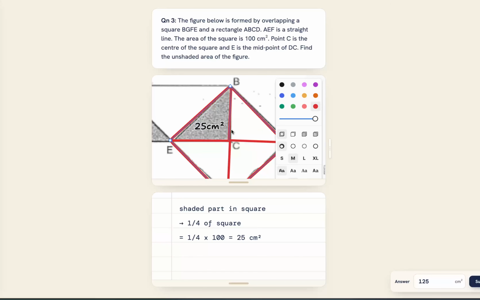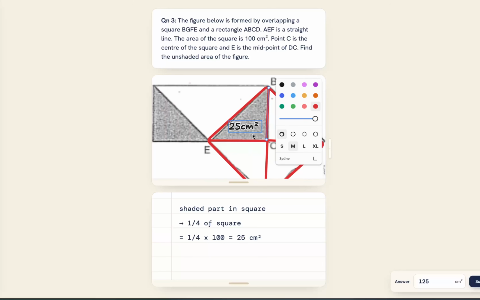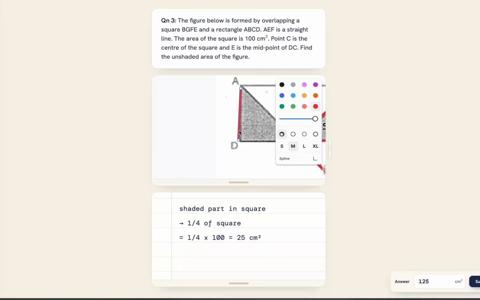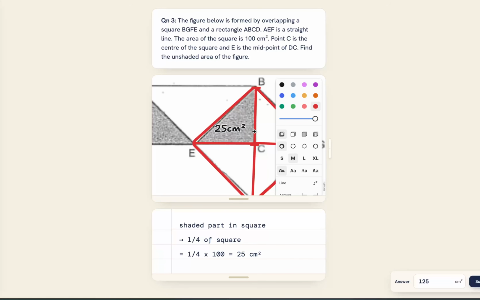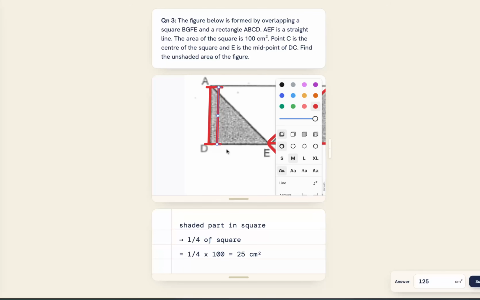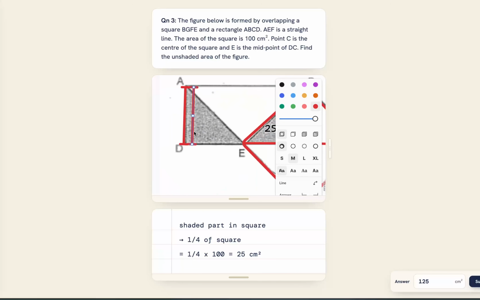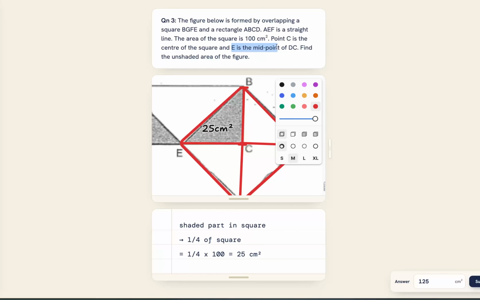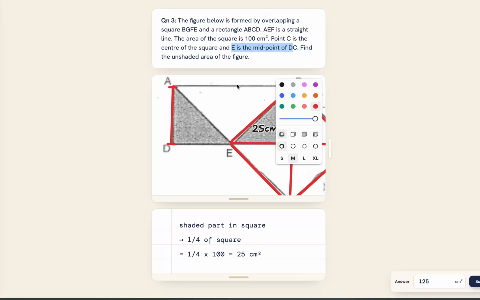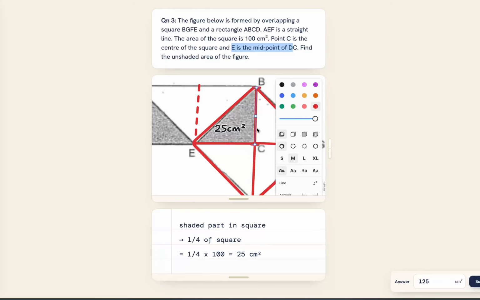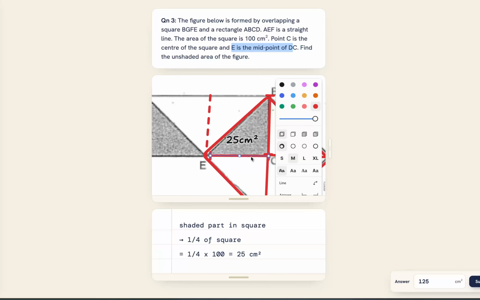centimeter square. Since C is the middle of this square, this line over here is the same as this rectangle line. So they are literally the same. C to B is the same as the breadth of the rectangle. Since E is the midpoint of DC, this is technically half of the rectangle. And if this is the same as this over here as well, which also means that